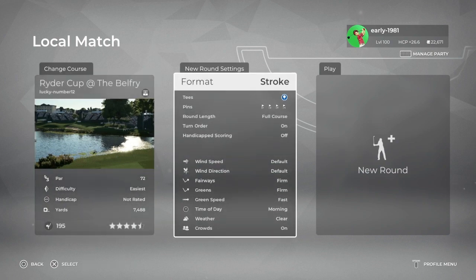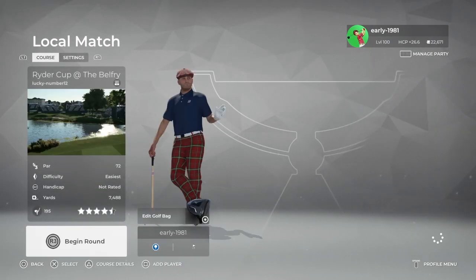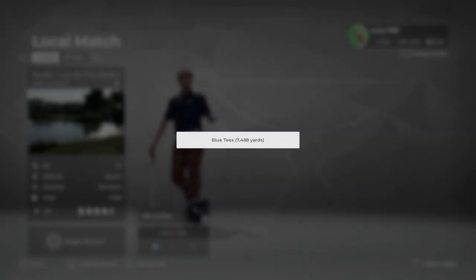We will be leaving everything at default as usual. Fairways are firm, greens are firm, green speed is fast, time of day is morning, and the weather is clear. Let's take a look at the tee options. We will be playing from pin set 1. There is only one tee, which is a blue tee, playing